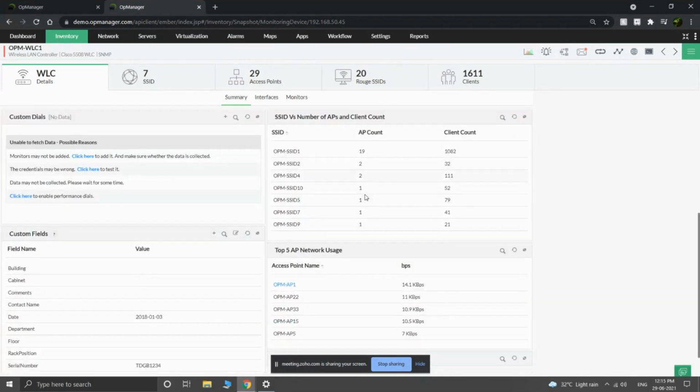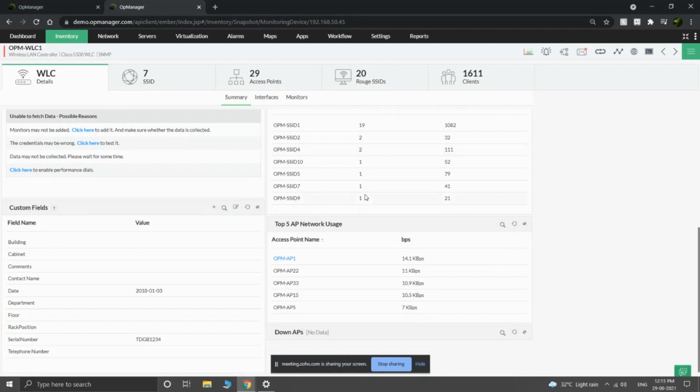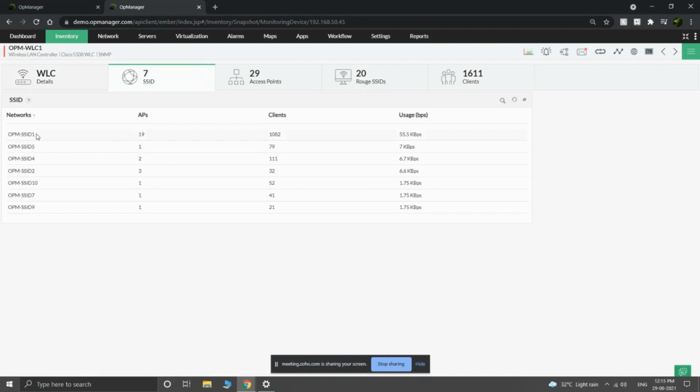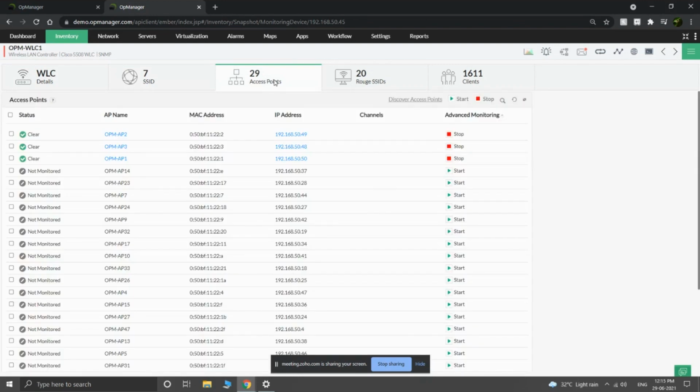You'll have basic custom widgets for your WLC in general. And as I told before, all the SSIDs that are connected with your controller will be listed with access points, rogue SSIDs, and clients. You can further discover these access points into OpManager and monitor them for in-depth performance if that's needed.